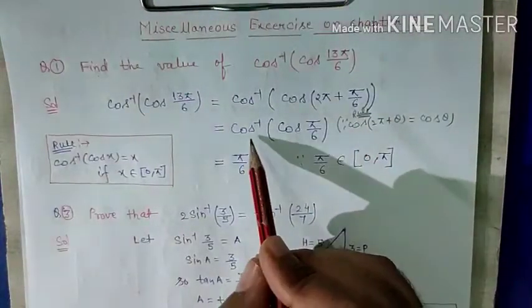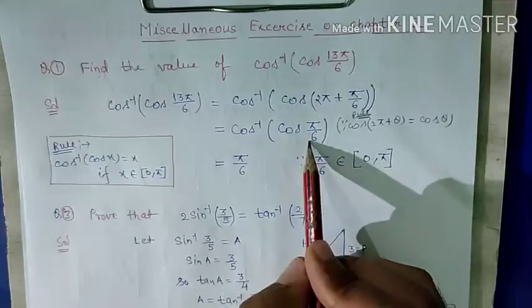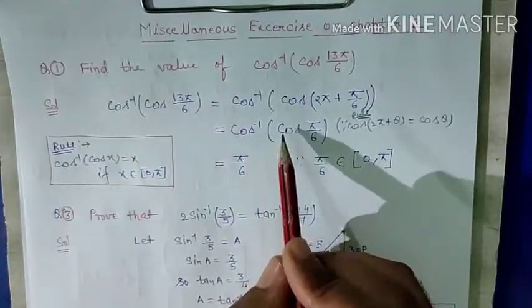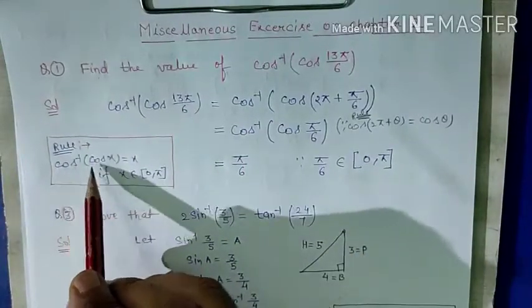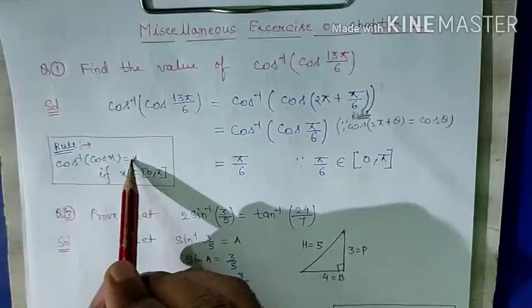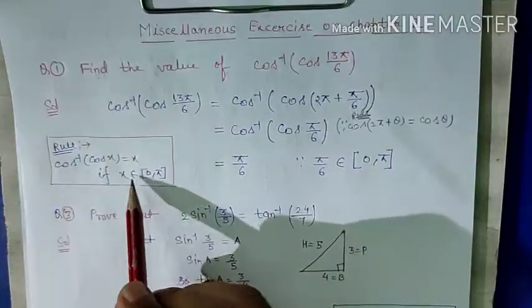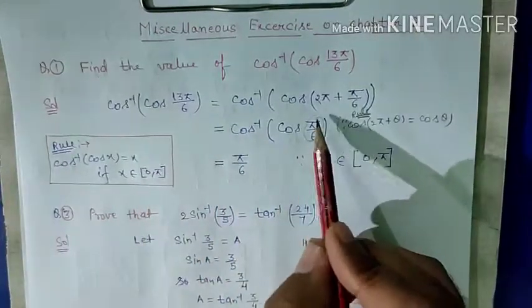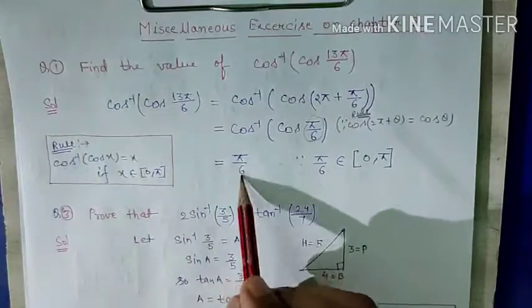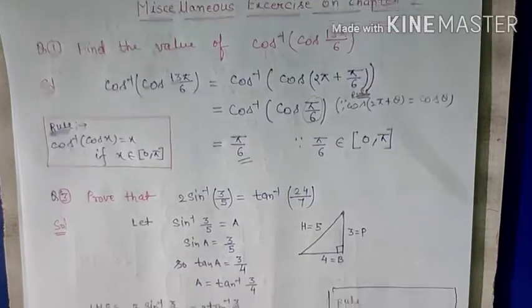Now from this we can find cos inverse cos pi by 6, and according to this rule, cos inverse cos x is equal to x, if x belongs to 0 to pi, and we are getting x as pi by 6, which is between 0 to pi. So this is the answer. Hope you understood this question. Now see question number